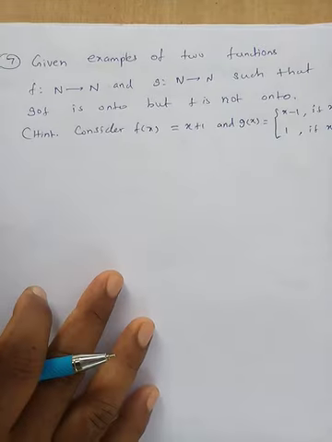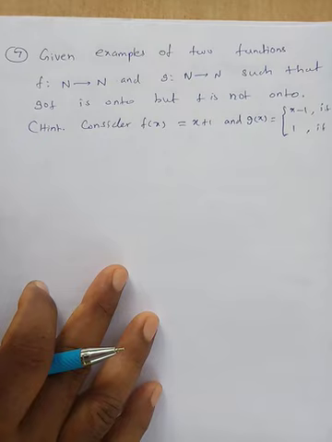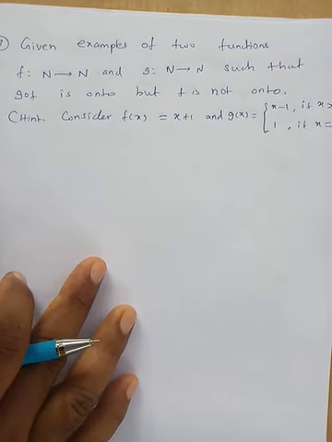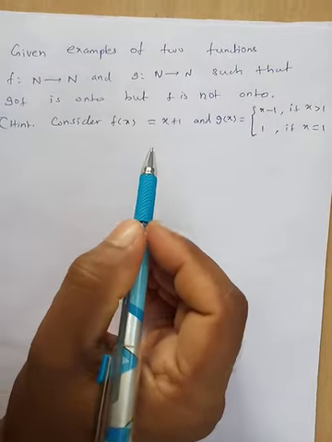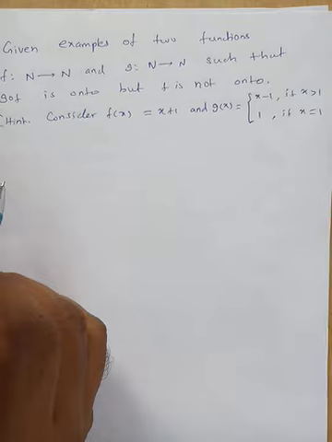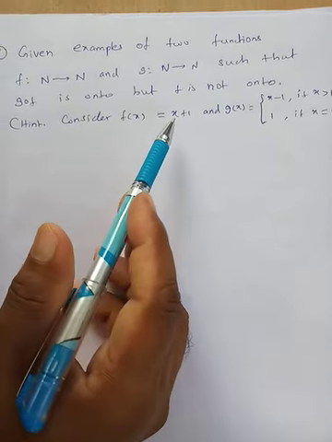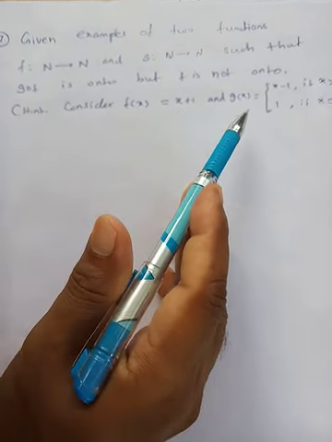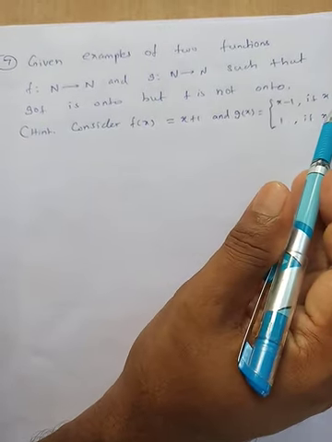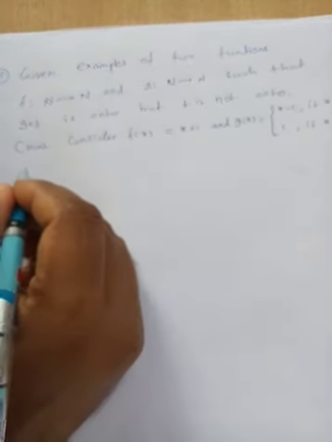Question number 7. Give examples of two functions f from N to N and g from N to N, such that g composition f is onto but f is not onto. Consider the functions f of x is equal to x plus 1 and g of x is equal to x minus 1 if x is greater than 1, and 1 if x is equal to 1. Solution: